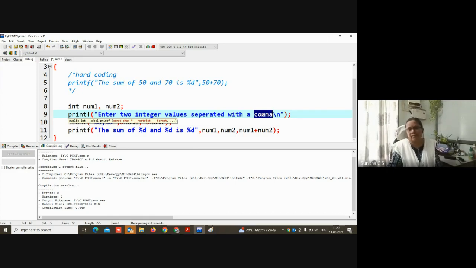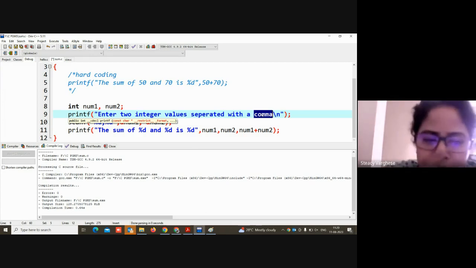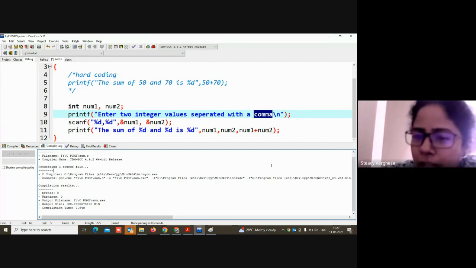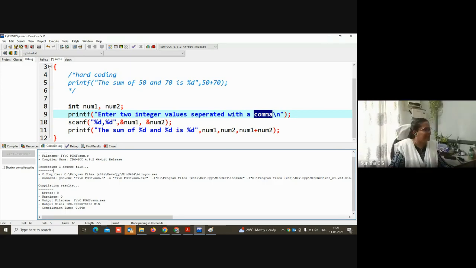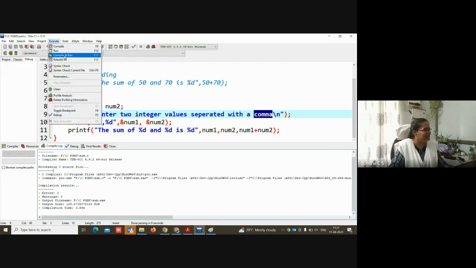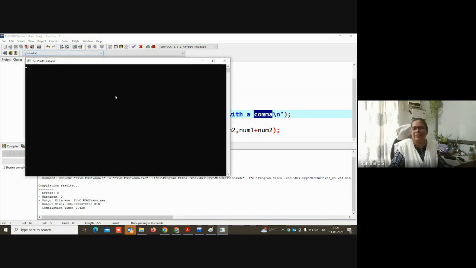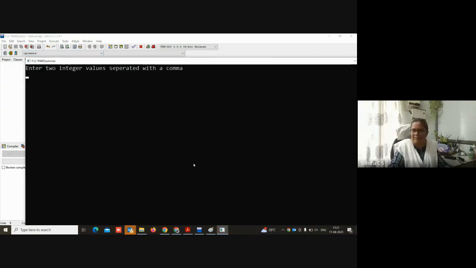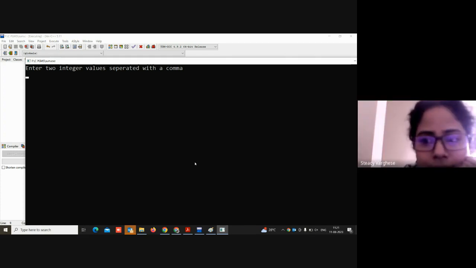Yes, Ceci? Ma'am, if I am using the delimiter as a comma, and in my output, if I am not giving a comma, then what will happen? Is it showing an error or something? Okay, we'll see that also. But anyway, some delimiter should be used, right, to separate the two values. So here it is expecting a comma right now. So how do you want to give your input? If I am using space instead of comma.